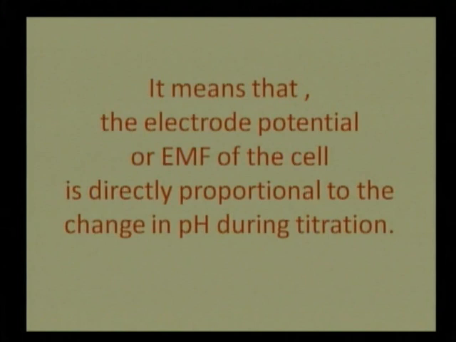How does pH change? When we add NaOH from the burette to the solution, slowly and gradually the H plus ion decreases, so pH increases, which is measured by the potentiometric instrument. At the equivalence point or the end point, no indicator is used here, so the equivalence point is known as the end point. The EMF of the solution increases rapidly, as seen on the board.